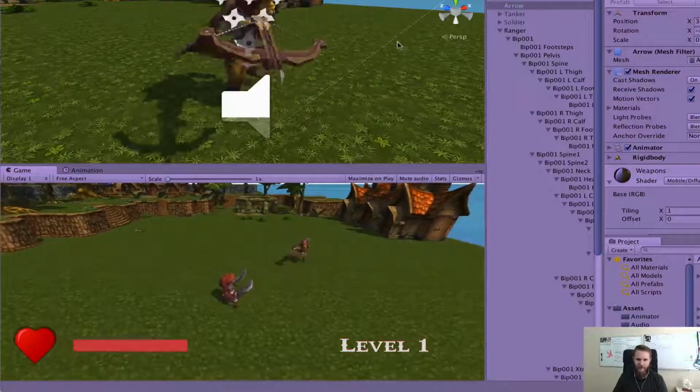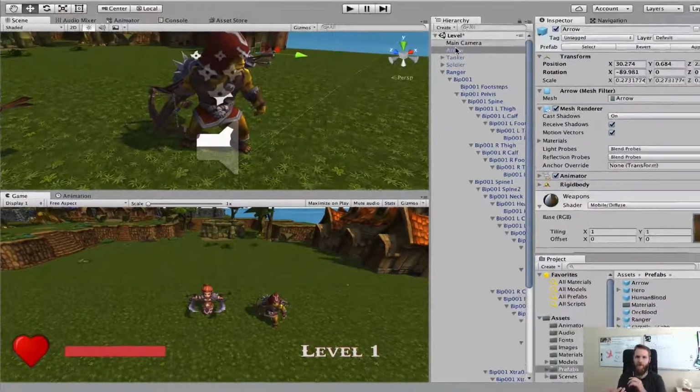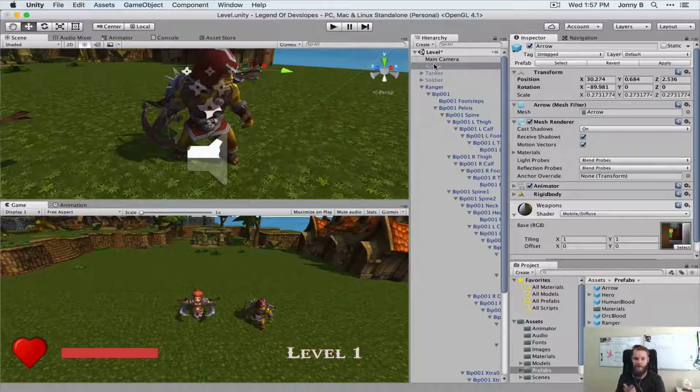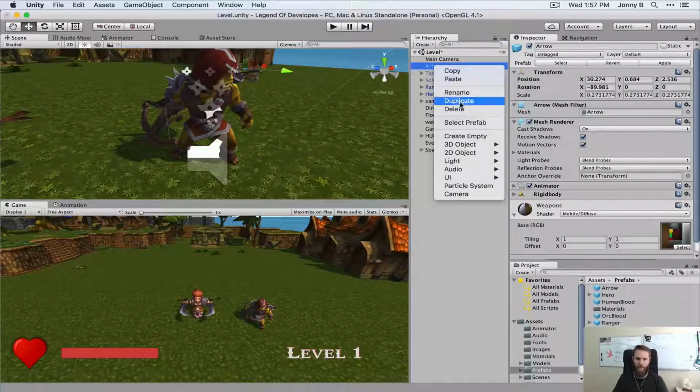And that's actually expected. When I was working through this the first time, what I found out was that the arrow has a default orientation that is about 90 degrees off of the world location. So what we're going to do is backtrack a little bit and show you the right way of doing this. Okay, so I'm going to delete the arrow from our